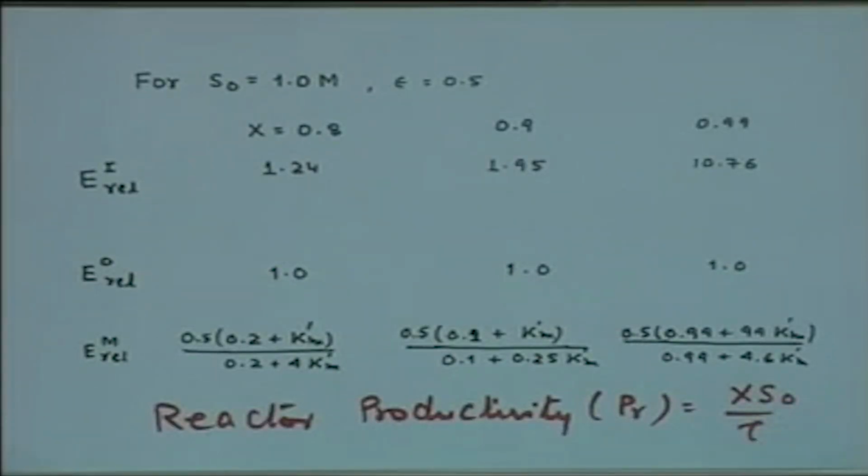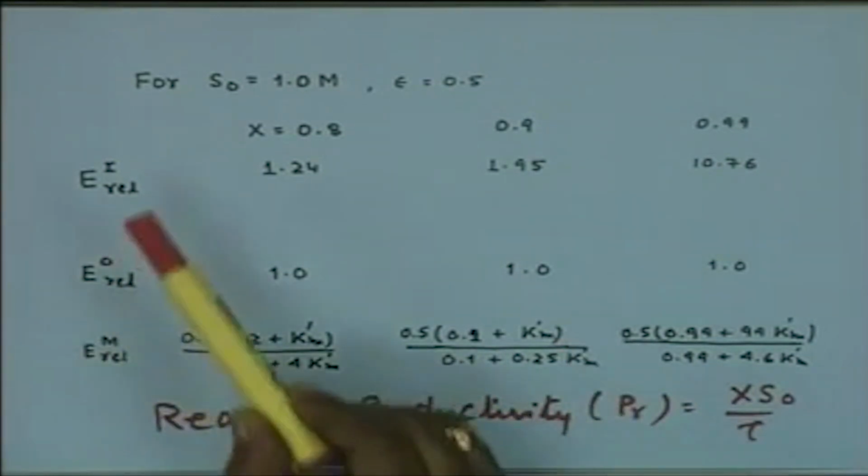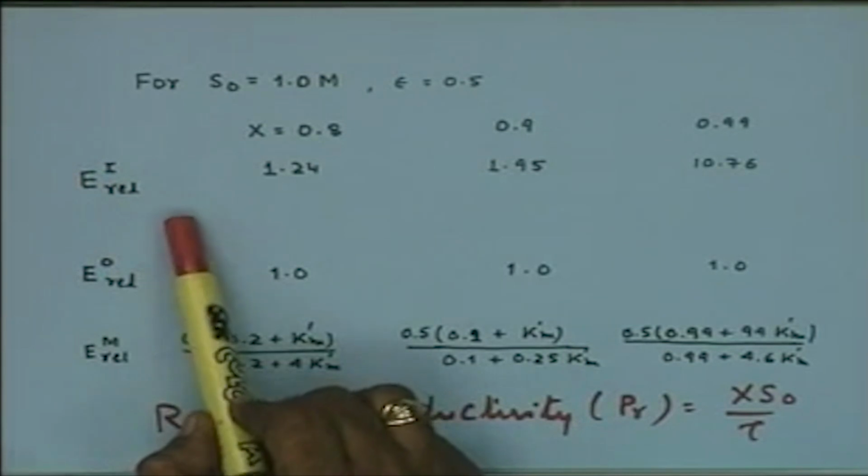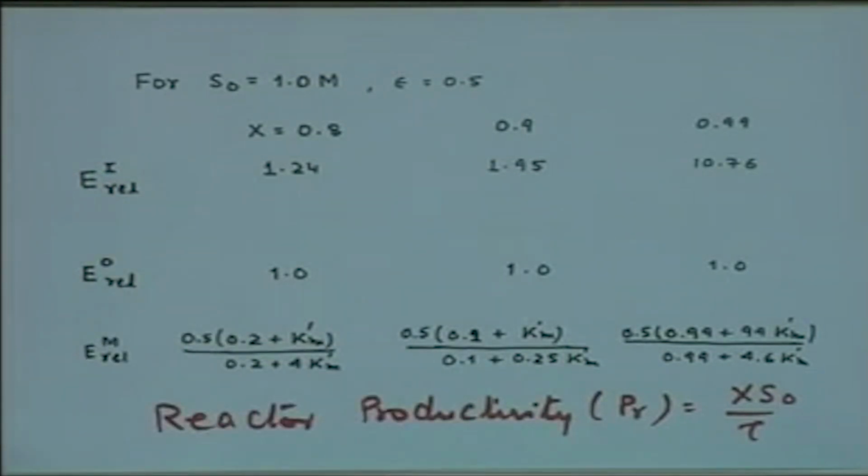So, if the tau decreases more significantly with fractional conversion, the productivity will increase more significantly, and therefore in the case of first order enzyme, the productivity as a function of fractional conversion increases much faster